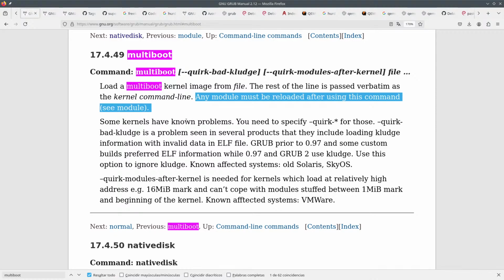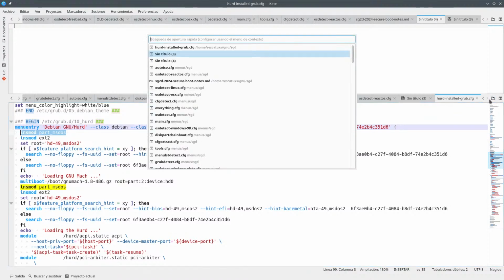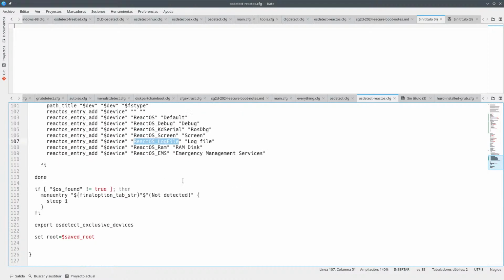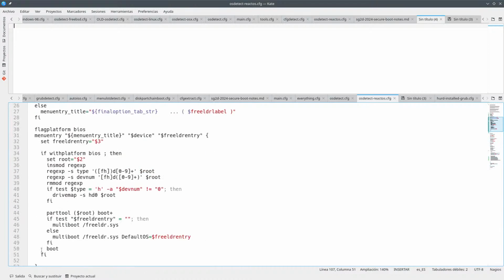Which is not a problem for ReactOS. So ReactOS that we have here also used multiboot. What the hell is this? It uses multiboot and then it boots. So there's no need to do anything else. You just boot and that's it.